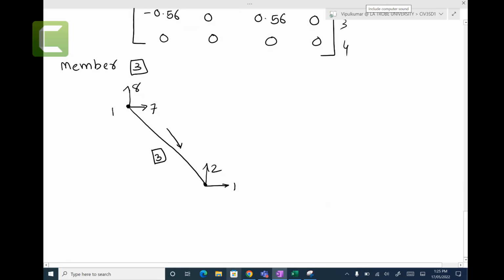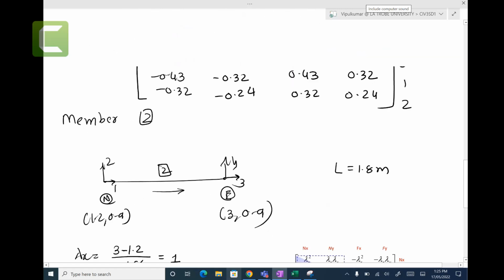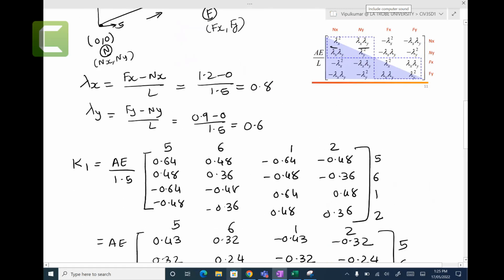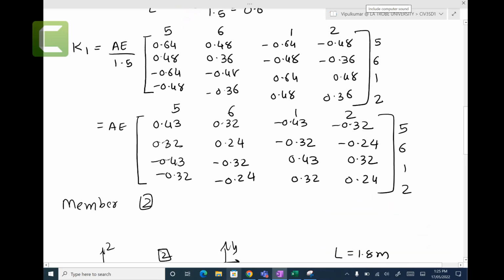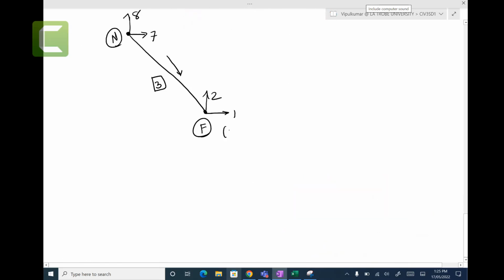So this is the near node, this is the far node. The coordinates that we want are 1.2, 0.9 and 0, 1.8. Lambda x is equal to